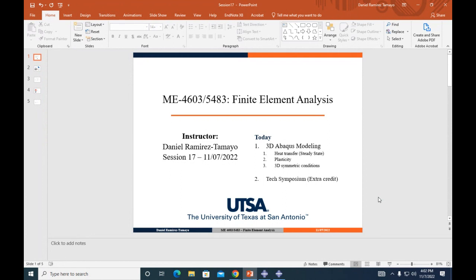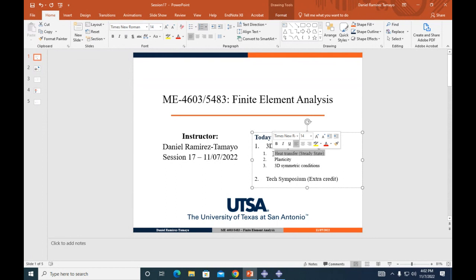However, as you start adding physics to a problem, such as heat transfer, such as plasticity, those solutions are no longer available, right? The easy solutions that you can derive by hand are usually for linear elastic materials. So today we're gonna create a complicated problem where we have heat transfer. It's not gonna be transient heat transfer. For some of you who want to see the thermal stresses evolving during time, that's called transient heat transfer. Today we're gonna focus on the steady state.